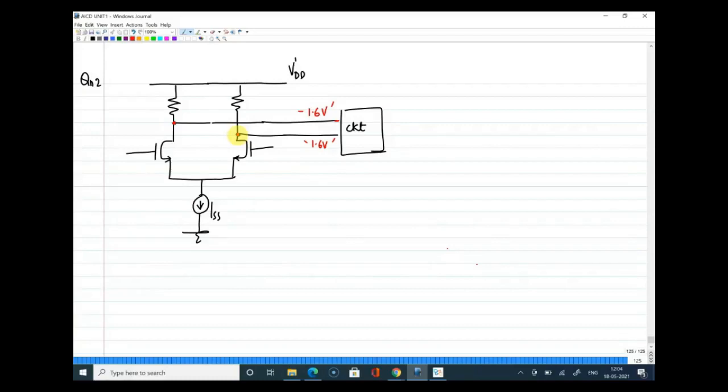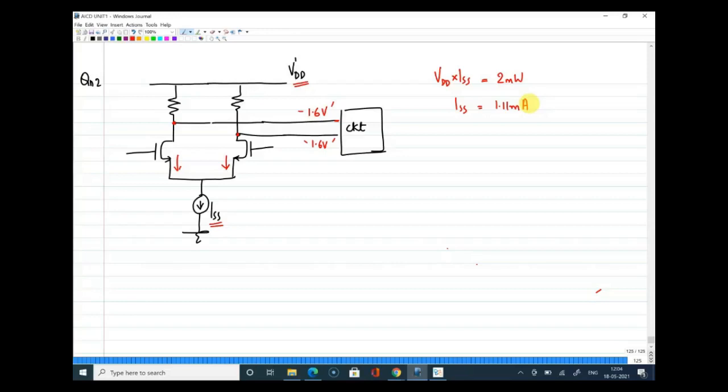So fine. How will we solve this? One thing is, we have the power budget. Power budget is VDD into ISS. VDD is the total supply voltage, and ISS is the total current flowing through both the branches. So this is equal to 2 milliwatt. This can be a maximum of 2 milliwatt, and VDD is given as 1.8, so that will give you the ISS value. I think you will get ISS as 1.11 milliamps.